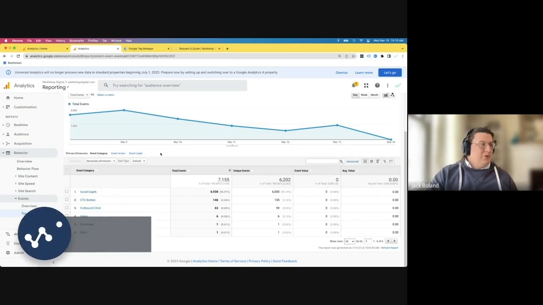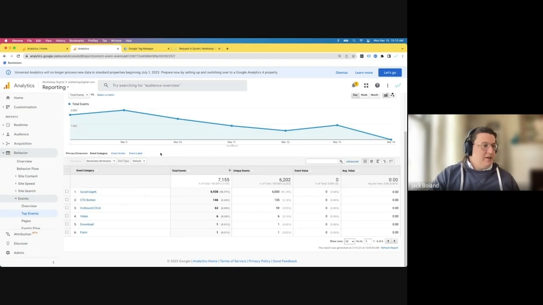So if you're trying to view your custom events for different behaviors on your website within Universal Analytics, you go under Behavior and then the Events section. Right now, we're in the Top Events tab. And you'll be able to see all of these different event categories and then their associated actions and labels within